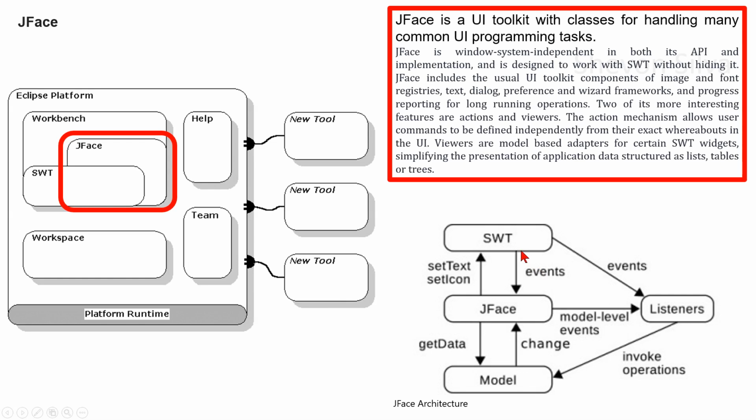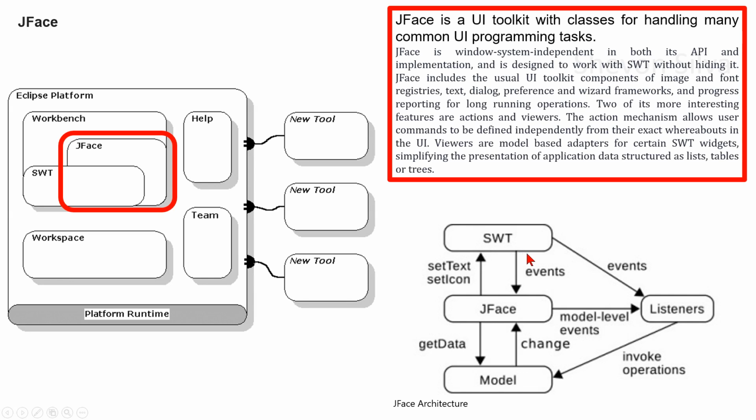It also offers events to the application itself, but these are special in that they translate from the widget level to the model level. For instance, when a user selects a row in a table widget,